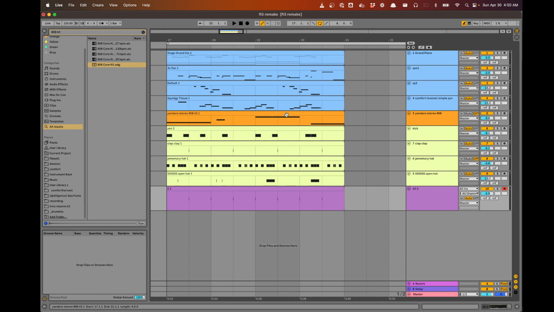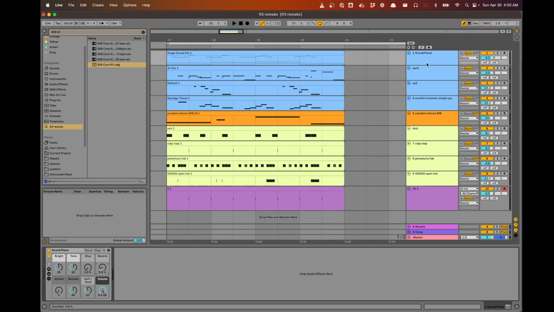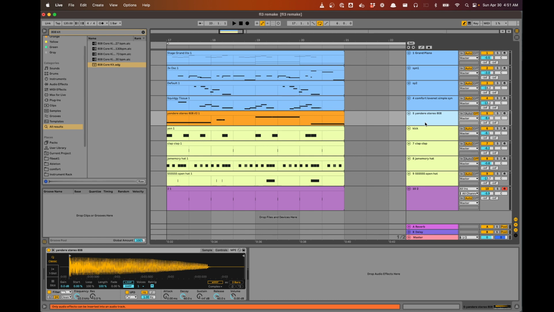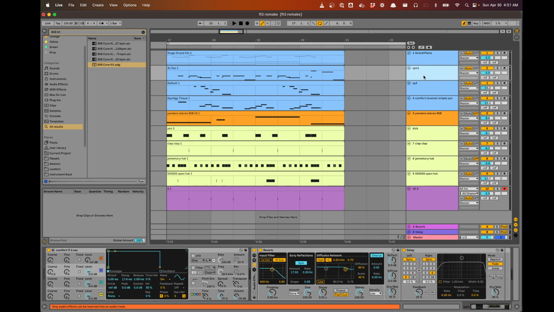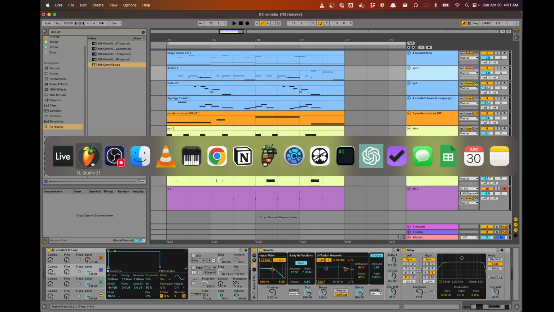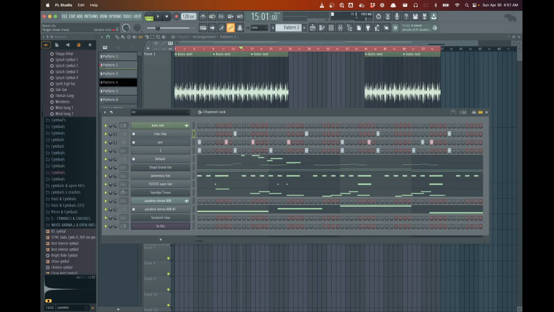Otherwise, I'll quickly compare how the two beats are made. Most of it is not really that interesting. I exported the MIDI from the FL project into the Ableton project, and the only differences are I'm using the grand piano that comes with Ableton instead of the Flex piano plugin, and I remade the 3XOSC synth in Ableton using Operator. So here's how the